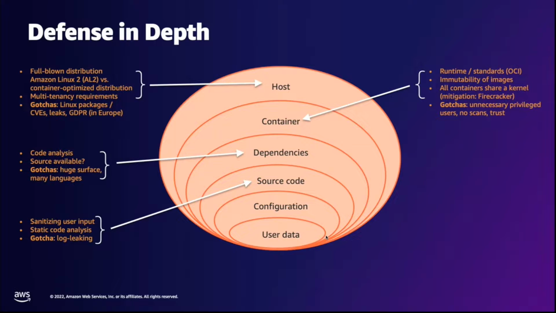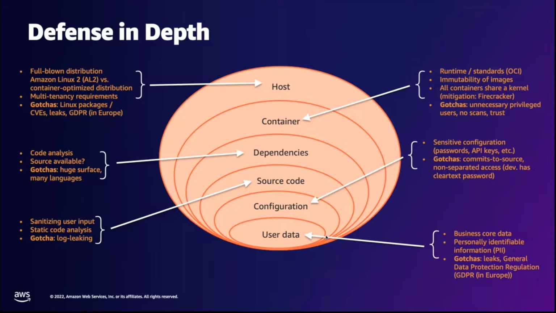On top of that, you need to sanitize user inputs. You need to provide things like static code analysis, and you need to think about ways to protect your credentials and API keys. And last but not least, you need to think about the business core data and the user data that we are going to be using, right? So overall, these are the things we are going to be covering throughout these sessions. I'm going to drill down to provide some tips and tricks on how to overcome and get around issues. And let's start by